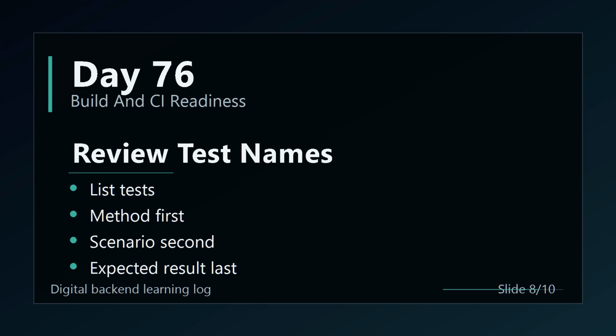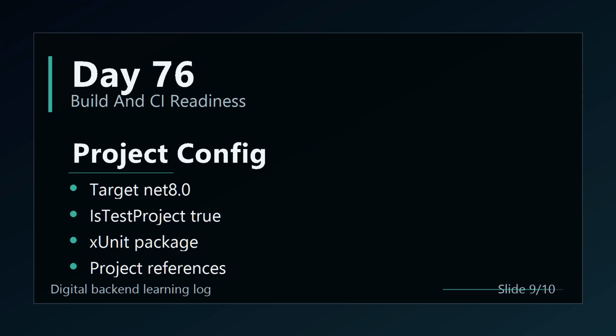List the tests and review their names. The pattern should explain the method or behavior, the scenario, and the expected result. Check the test project file. It should target net 8.0, be marked as a test project, include xUnit and test SDK packages, and reference application